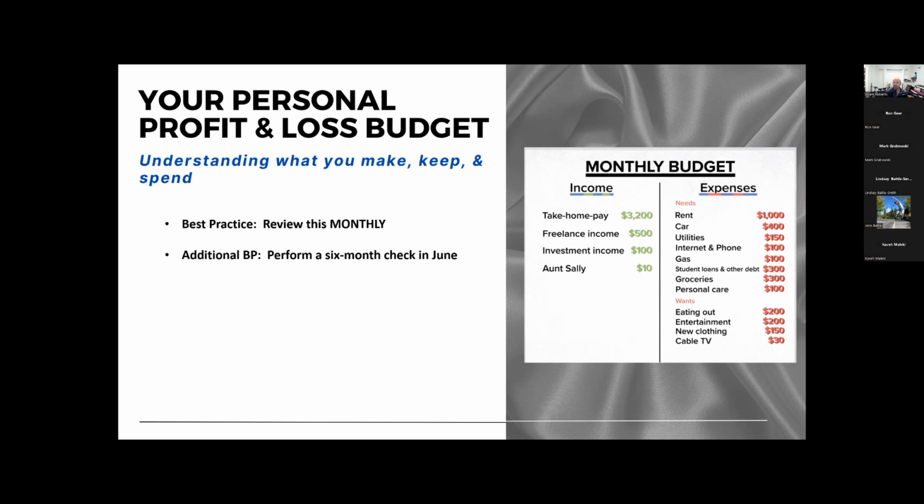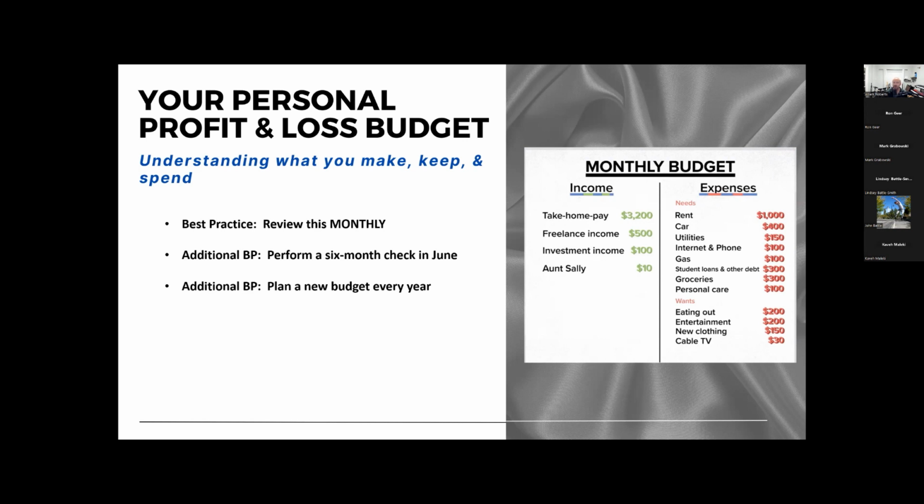Another best practice is to take your budget, whatever you've planned for, and do a checkup at the 6-month point, right? I love doing this. June rolls around, you're like, okay, man, the year is flying by, let's see how we're doing. If I annualize my income and expenses, how's the rest of the year going to look? Do I need to make any adjustments? For me personally, the adjustments are usually on the expense side. It's like, oh, wow, didn't realize that.